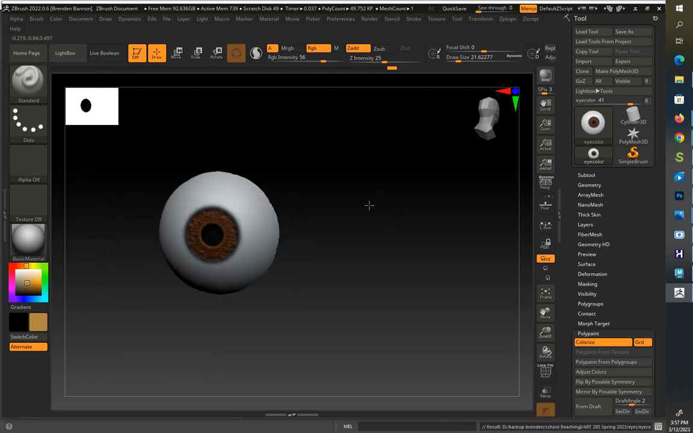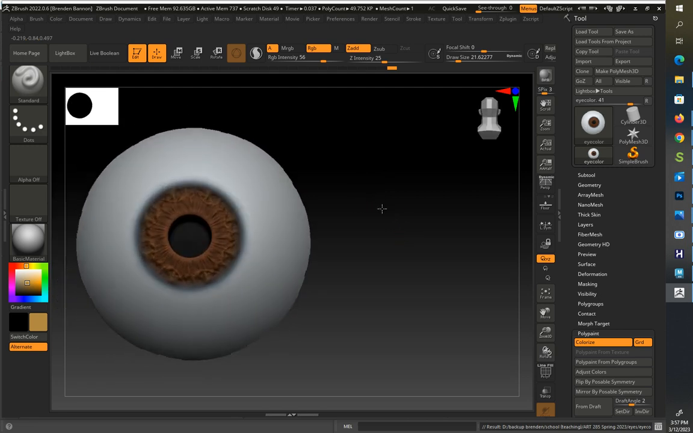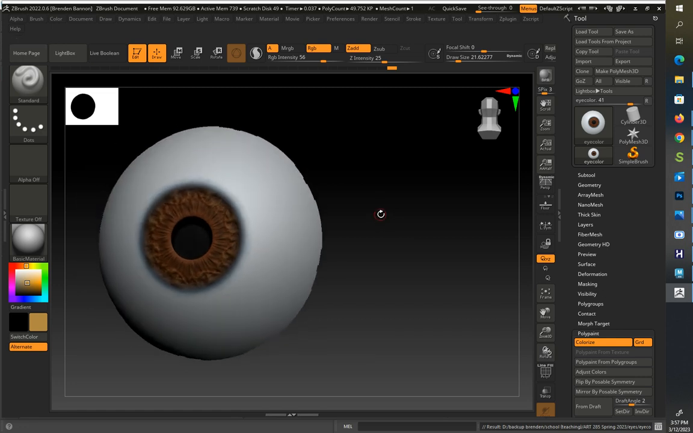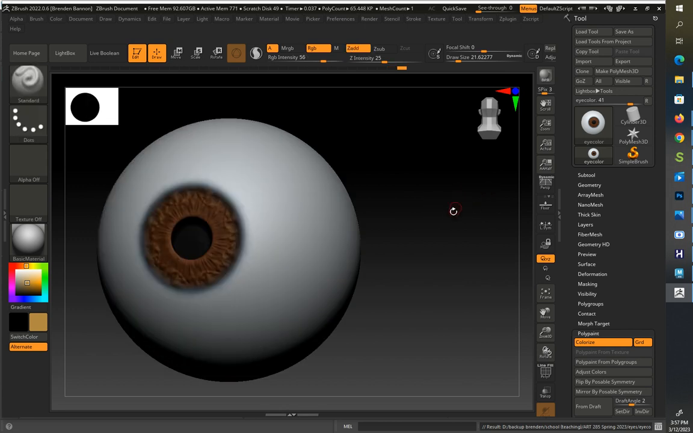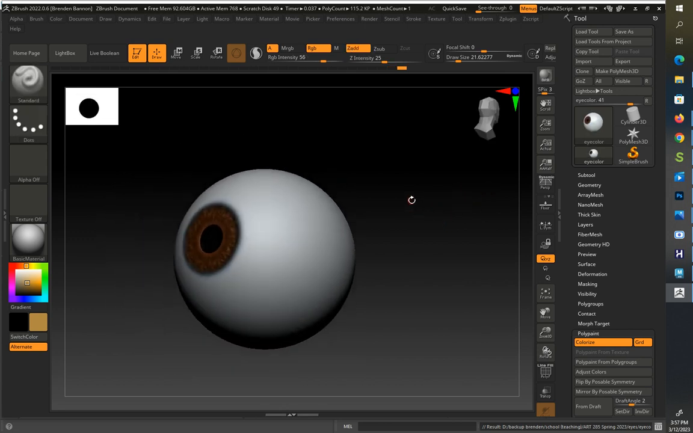So there I have that. I can go ahead and click Control and Shift. Control Shift and click once on the back. There we go. And now I'm going to